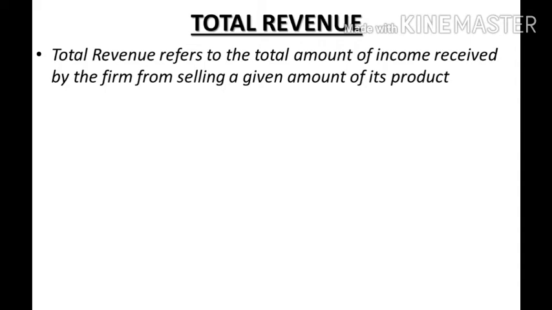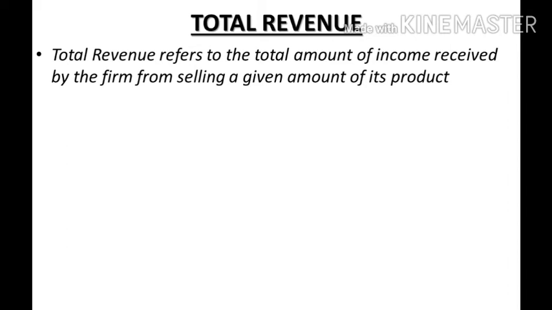Now what we see here is that total revenue depends both on the price of the good being sold and the number of units that are sold at that price. For example, if a firm sells 15 units of a product at a price of ₹20, the total revenue of the firm will be 20 into 15, which is equal to 300 rupees. Total revenue from the firm's point of view is the same thing as total expenditure from the side of the consumer. The two are two sides of the same coin.